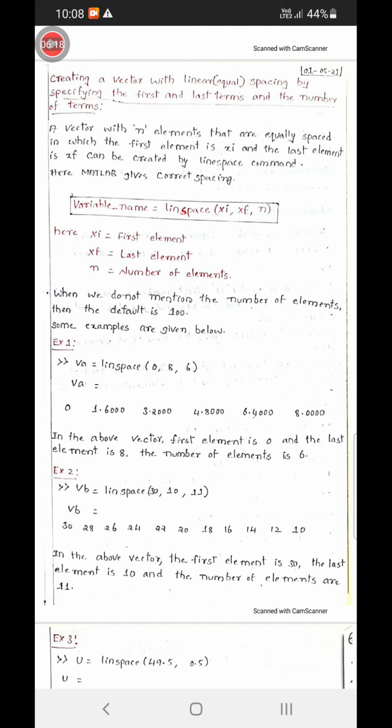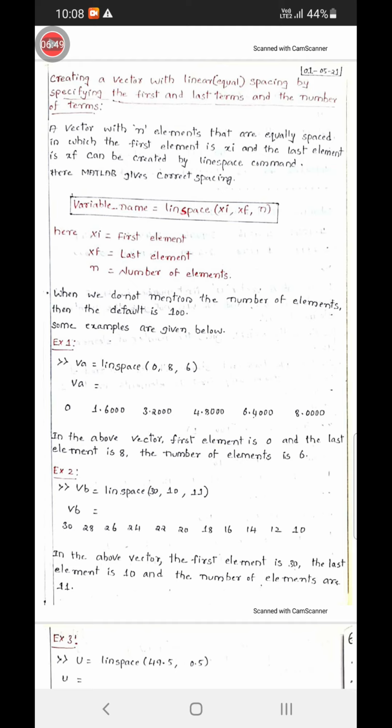Like that, MATLAB creates the vector consisting of elements by using the linspace command. 0 to 8 is the range. In that range, we have specified the number of elements as 6.